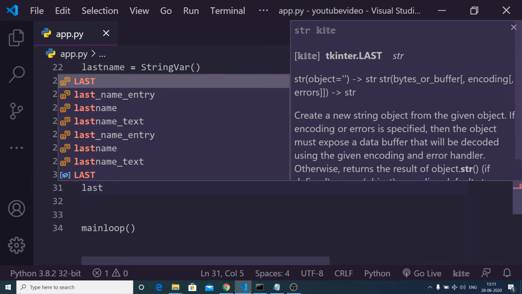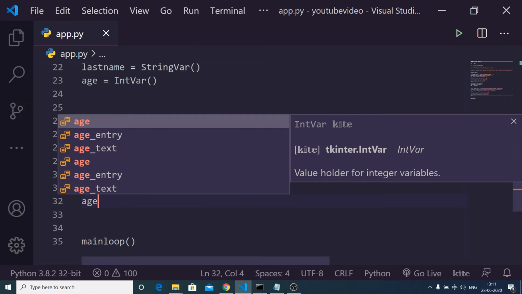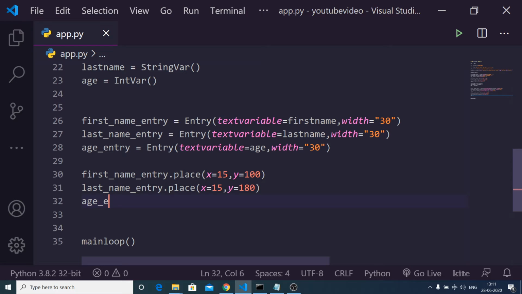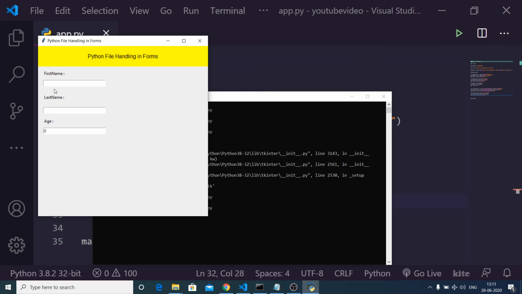And for placing the last name entry, we will use x again 15, so x will remain constant and y will change to 180, and for the age entry x will remain 15 and y will change to 240, like this. So now if I refresh the application, you will see that these are the input fields: first name, last name, age.